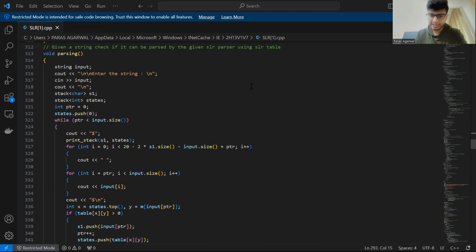Then we initialize the stack S1 and the state, and initialize a pointer to 0, which is positioning to the input string here. Then it pushes the initial state 0 onto the stack. Now, also there is a parsing loop here. We are running one whole complete loop here. The parsing loop continues until the end of the string is processed and prints the current state of the stack